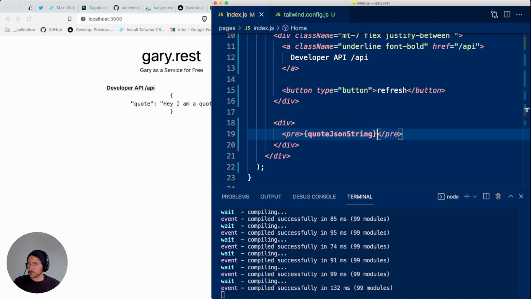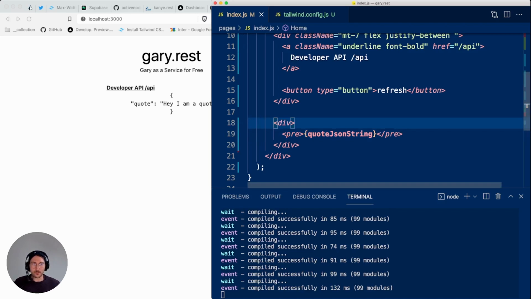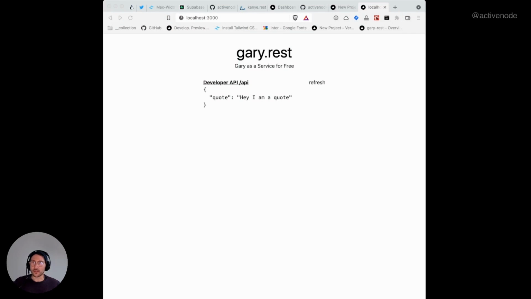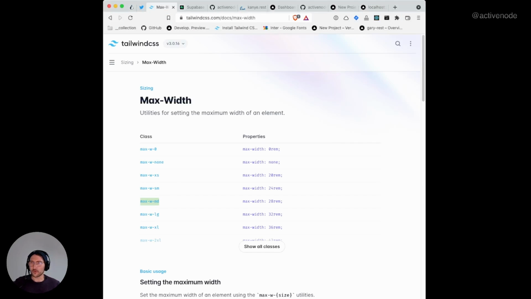Okay, now that looks odd because it's also centered. So what we want here is maybe just text-left. And what we also want is to have a little bit of styling like background and border radius and whatnot. So we switch back to the browser and check these properties. Border radius is probably just like, I don't know, a rounded border.